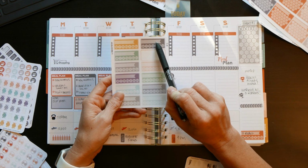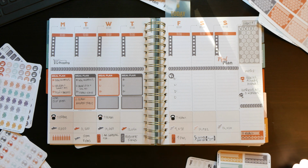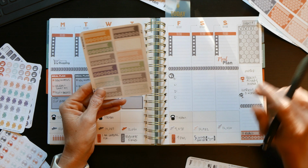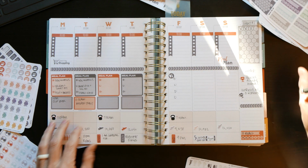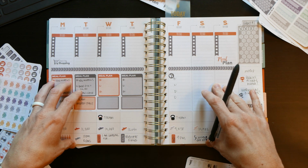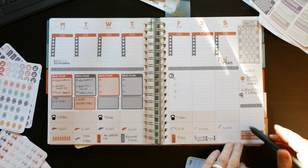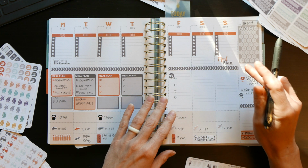So I can write my habit in here, can stick that like it is here. Let's say my habit is to eat 3 solid meals a day. And then as I go through, I can mark that off. So you have a couple different options as far as habit tracking. So you're tracking the details in the body of the planner, the weekly spread, and then you're tracking the occurrence here. Sometimes it's nice to see those little X's go by as you accomplish your goals,